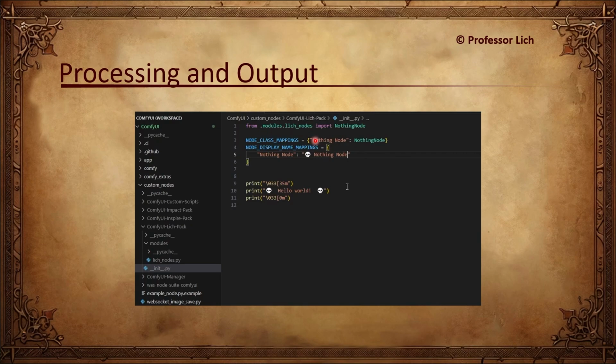But in order to distinguish your node from others, which can be handy sometimes for something that's common, like LoRA loaders, you can put a little character. I think Blender Neko puts his initials B and K, so it's actually easy for searching as well. Or otherwise you can, I guess, put an emoji or whatever. I'm just explaining this under the assumption that you're not actually publishing anything. This is just for your own amusement. I don't actually know what the rules are if you want to make a repository and release your node to